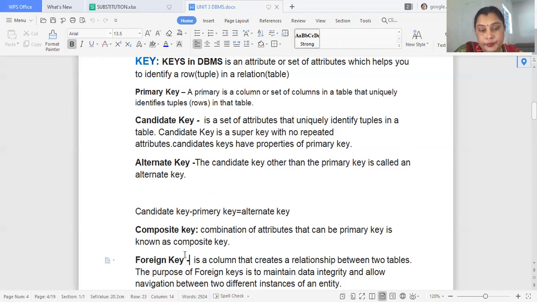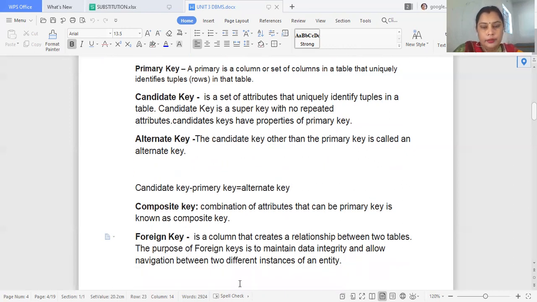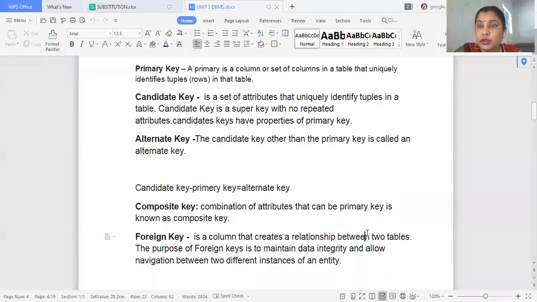Other is the foreign key. When we consider the foreign key, we have to see two tables, because a foreign key is used to make the relation between two or more than two tables.